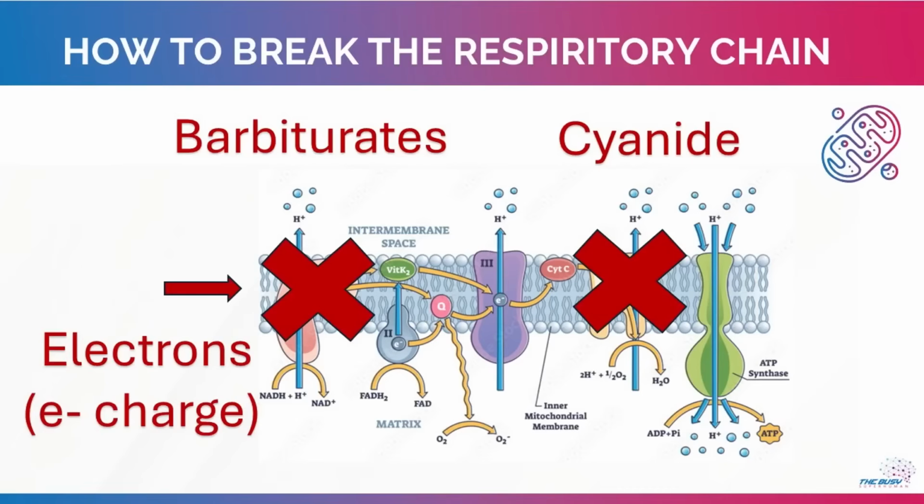How can we break the respiratory chain? Because if the mitochondria are pivotal to life, and if they break or malfunction or stop working, the organism, in this case us, would die. Most people have heard of barbiturates, and they actually block complex number 1. So that means the electrons can't flow down, and then there's no proton pumping. So we've created a block at the first site, the first protein in the electron transport chain. And pretty much everybody's aware that if you take an excess of barbiturates, they're actually fatal. So we can think, oh, okay, I can see now this mechanism of how that could happen.